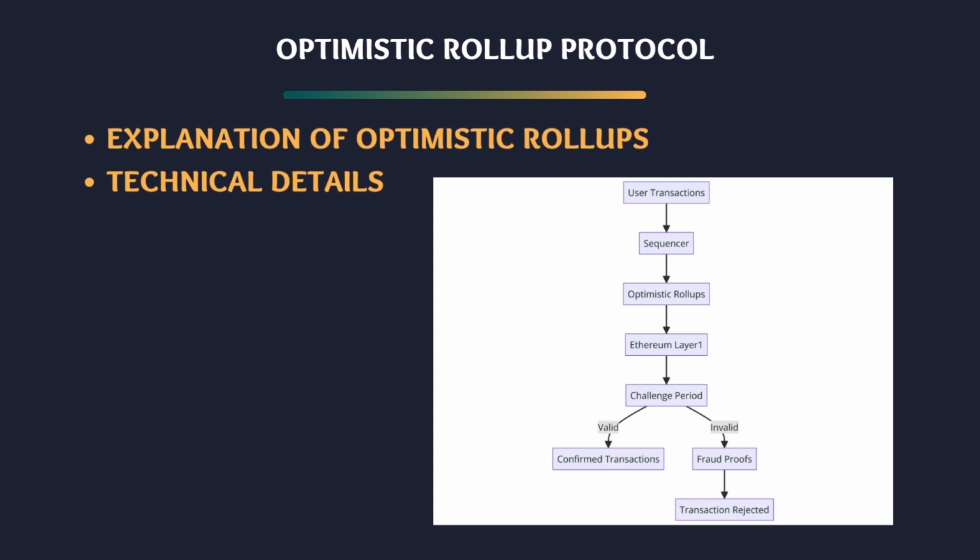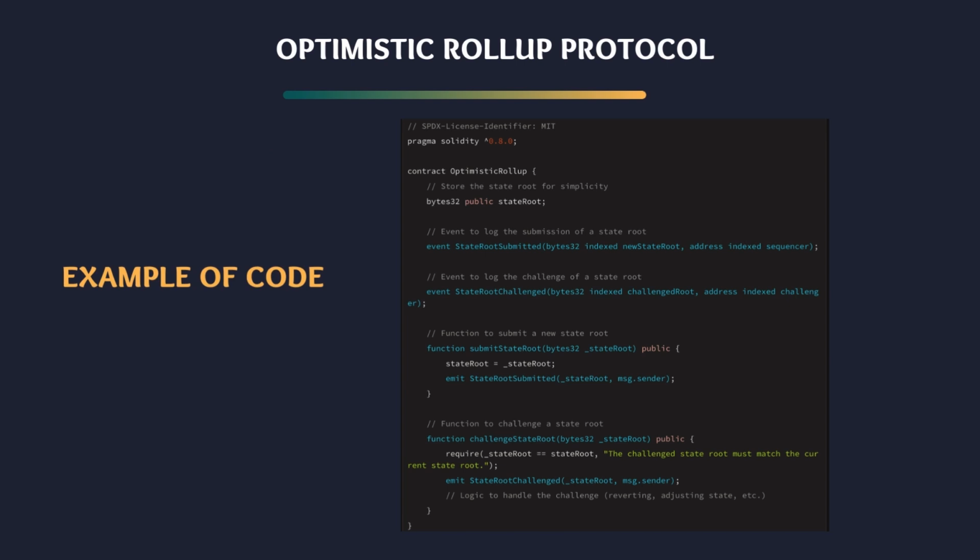The combination of sequencers, challenge periods, and fraud proofs ensures that the system remains secure and efficient. Let's dive into a practical example of how optimistic rollups can be implemented using Solidity, the programming language for Ethereum smart contracts. Here, we have a contract named OptimisticRollup. This contract is designed to handle the submission and challenge of state roots, which are essential elements in managing rollup